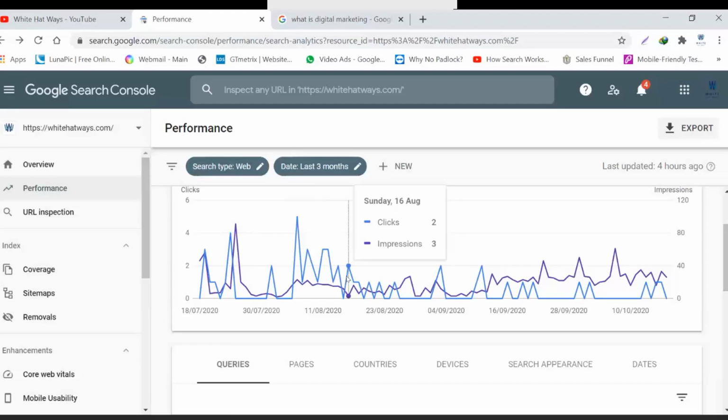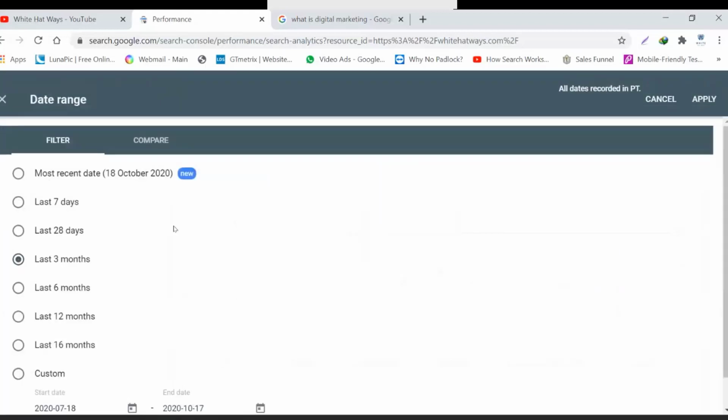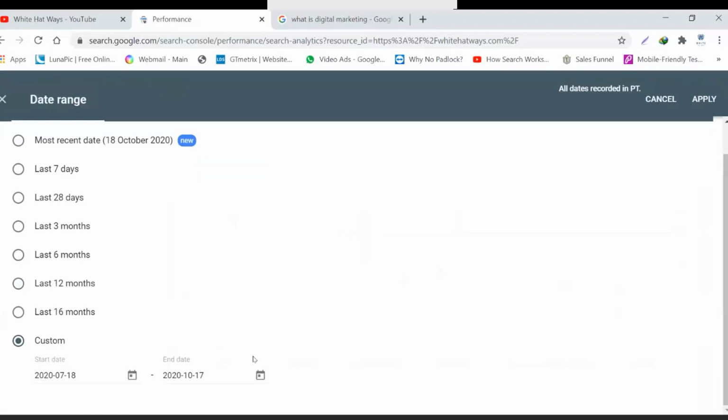Now, let's say I don't want to see it for the last 3 months. So what am I going to do? I can just click over here and change the date range. If I have a customized date range, let's say I have a few dates for which I need to search, I can put the dates, selecting them from here.